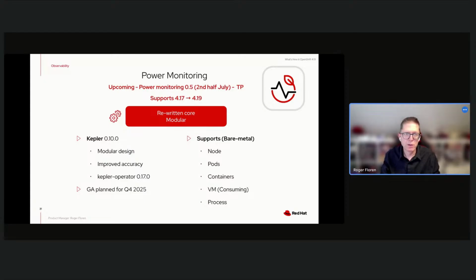faster. So this release, which will release as 0.5 in the second half of July, will support 4.17 to 4.19, and it will focus on bare metal platforms for node level, pods, containers, VMs, especially in consuming mode, so as VM workloads, not like the hosts, and process level